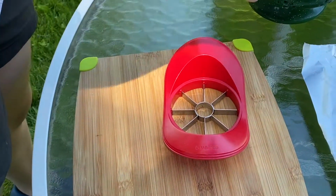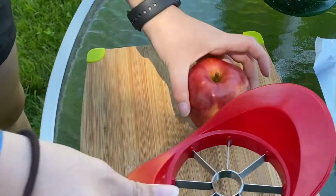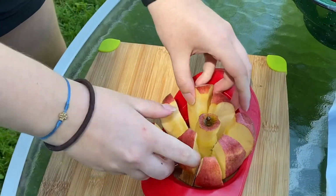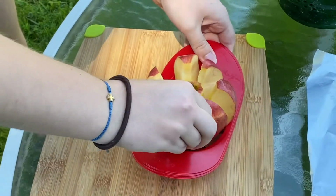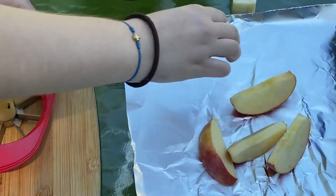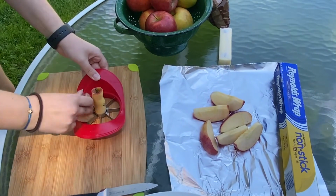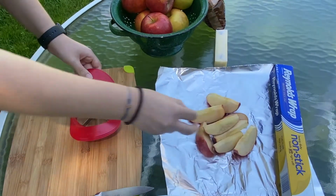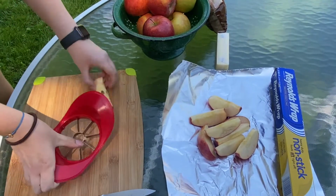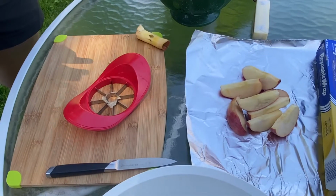All right. Okay, now that you have a responsible adult with you to help cut the apples, I'm going to cut using the apple corer. Okay, just like that. Okay, so if it's an apple corer like that, it's pretty easy to get all of your apples nice and sliced,